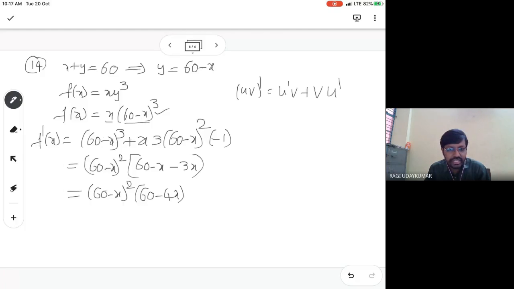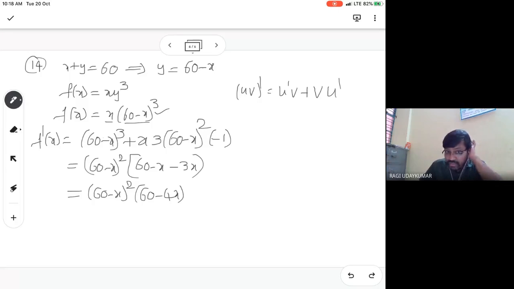Second derivative test use करके, already it is given that maximum value होगा, but at what point maximum होगा? You need to find out that you have to make x y cube a maximum. But here critical points: one point you are going to get x equal to 60, the other point is 4x equal to 60, which is nothing but x equal to 15. x equal to 15 and x equal to 60. But one place में maximum हो सकता है, other place में minimum भी हो सकता है. There is a chance.